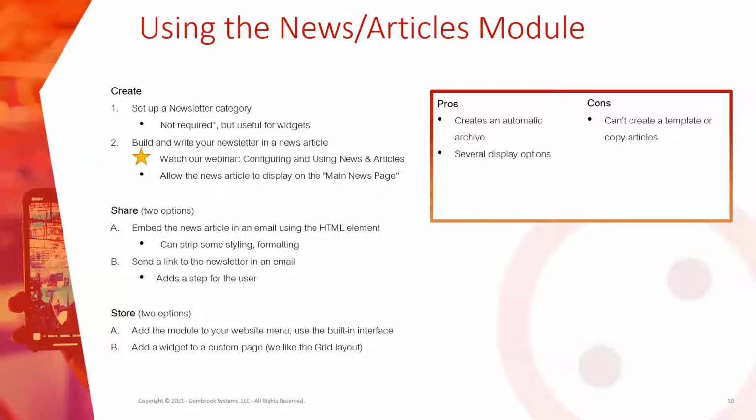So if you're sending a link to a newsletter in an email, it adds an extra step for your user. So instead of opening up an email and being able to read the newsletter right there, they're opening up an email, maybe reading a paragraph or so of some text, and then clicking a link to take them to your site to read the news article. So if you're thinking about ease of use, if you're using this particular route, probably embedding the news article would be the fewest number of steps for yourself and for your members,